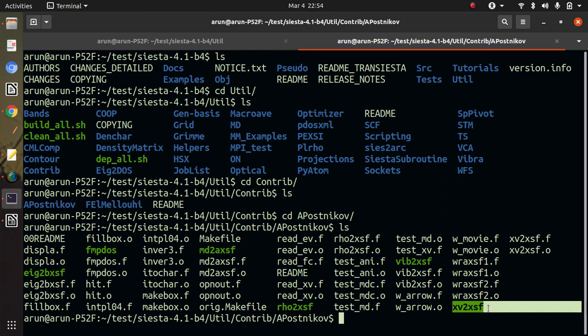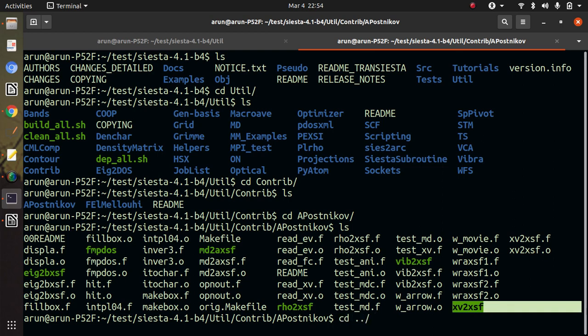XCrystal is used to see the structure, to visualize the Brillouin zone of that particular structure, and then we are able to plot the high symmetry lines or high symmetry points. Then FMP DOS is another utility which is used to plot the projected density of states, right?